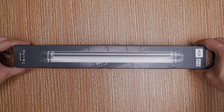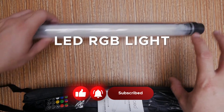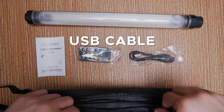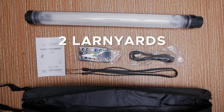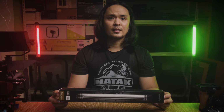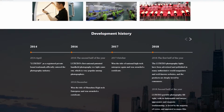So, in the box, there's a bag, a LED RGB light, a manual, a remote control, USB cable, two lanyards that you can attach to the light and the remote control. Luxceo P7RGB light was developed by a young company, Luxceo, that was founded in 2016